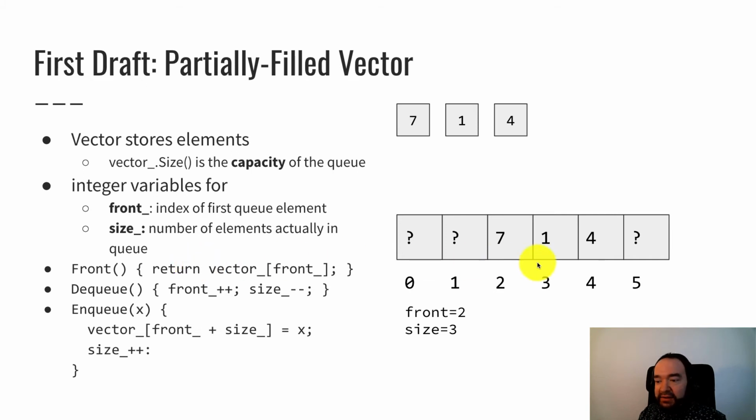So the way we could do that is calculate this index, and that index would be the index of the front element plus the size. If you work through the example here, front is 2, and if I add the size of 3, we go 1, 2, 3, and we hop to the first index that comes after the last one that's currently in use. So vector at index front plus size is equal to x. That would store this new x in the queued object at index number 5 at the back of the queue. And then we also have to account for the fact that the size increased, so we do size plus plus.